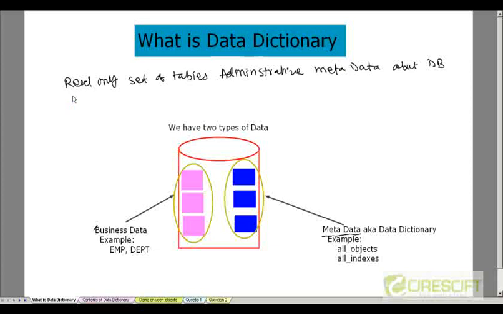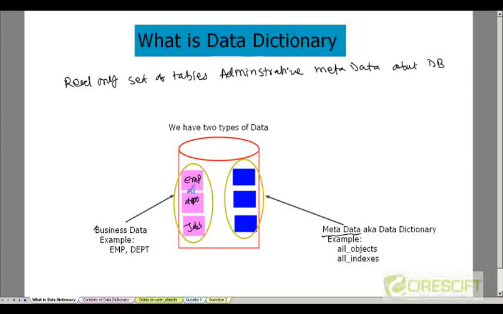First of all, in the Oracle database, we are going to store tables like employee, department, and let's say jobs and all those things. The employee table contains information about the employees, the department table contains information about the departments, and so on. These are called business data, and these are called business tables. Whereas there are another bunch of tables and views which Oracle maintains, called metadata tables, that essentially